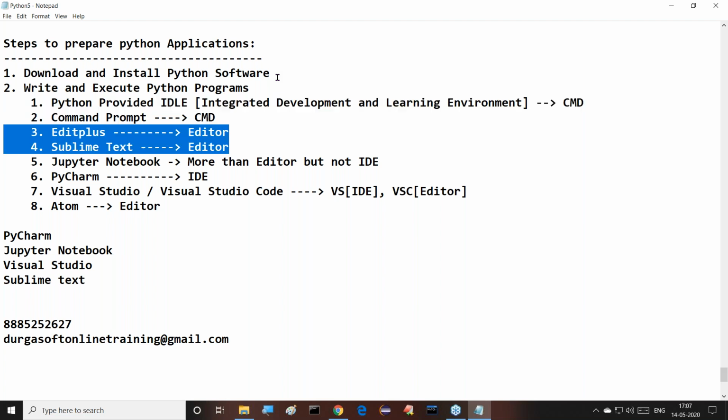then next we'll start our normal technology. Up to some parts we will use these two only. But once we complete these, then I will go for Jupyter Notebook. Then I will show how to install Jupyter Notebook, how to get it, and how to work with the Jupyter Notebook. We will see that in the future. But as of now, I just want to show how to install Edit Plus and how to use that Edit Plus. After that, I will show that clearly to you.